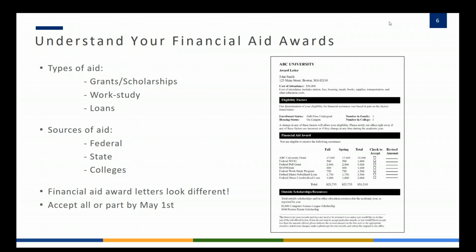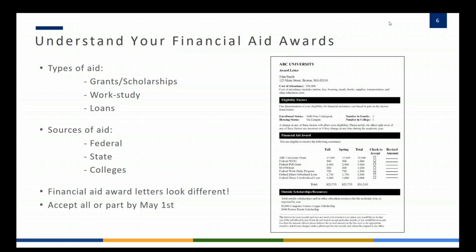Work study may also show up on a financial aid award. It is a need-based program that allows a student to work part-time on a campus, maybe 10, 15 hours a week or so, and that money can be used to help pay for some of the unbilled expenses, such as supplies, books, transportation, miscellaneous expenses, spending money. They can use that to help support themselves while they're in school.